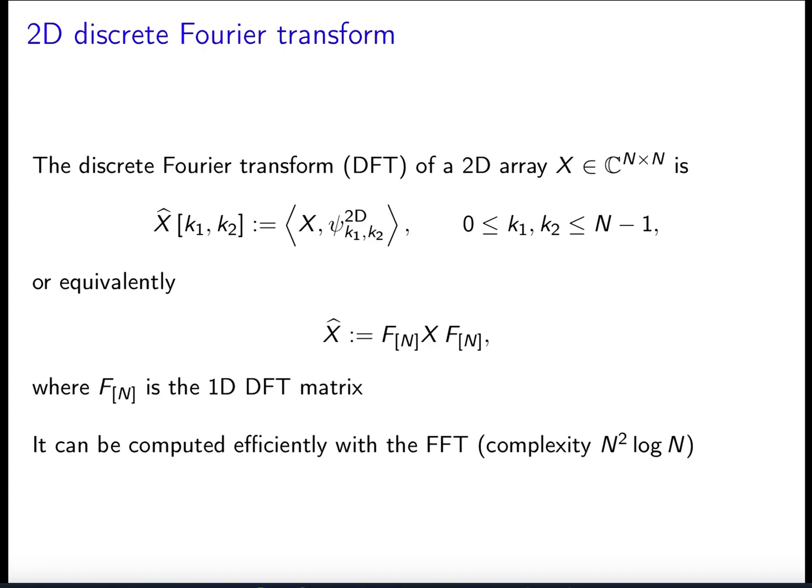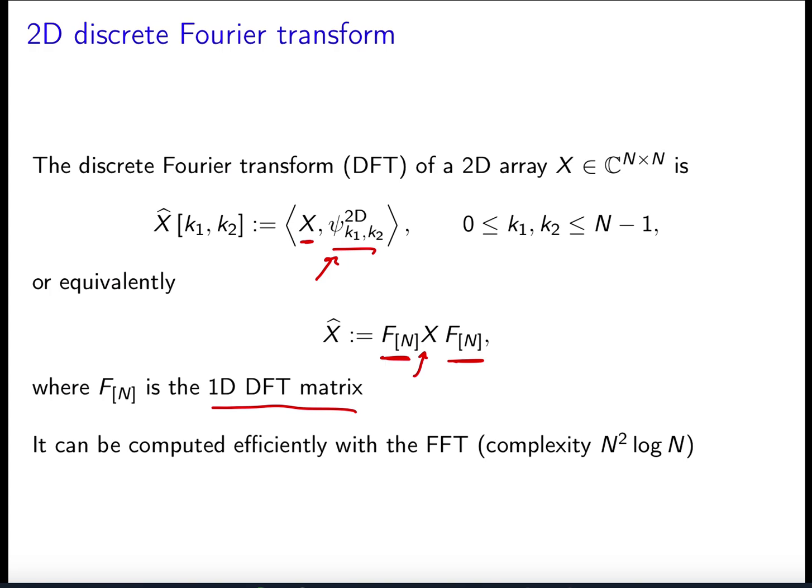We can also define an extension of the 1D DFT, or discrete Fourier transform, to 2 dimensions, exactly as we did in one dimension. This is just the inner product of a vector, in this case a matrix that is n by n, times the corresponding discrete sinusoid. It turns out that we can write this as this DFT matrix times the matrix times another DFT matrix, where this is the 1D DFT matrix, just because this again is equal to the outer product of these two 1D